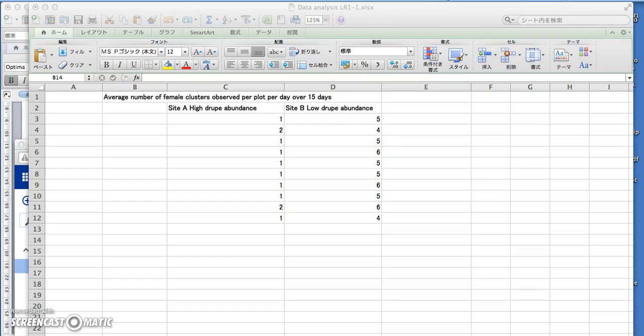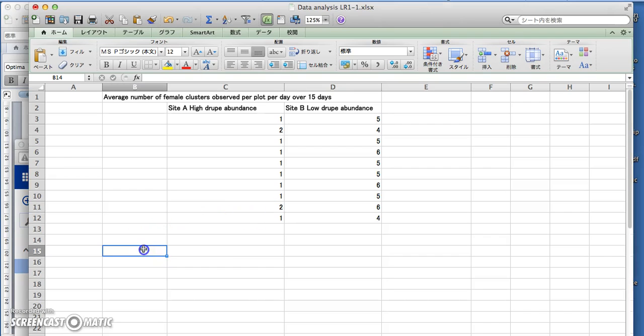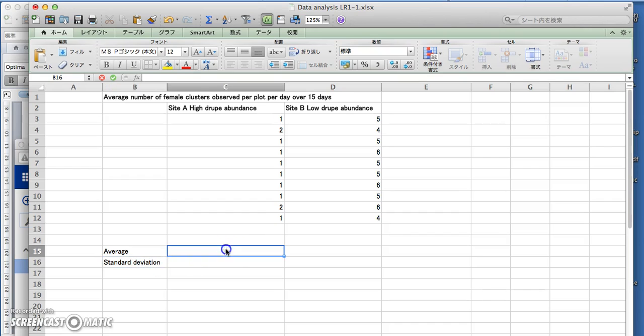Now we're going to learn how to make an error bar graph from the raw data that we've collected. We do not use these columns of data to make graphs. We convert them into averages and add standard deviation information. So the first thing we'll do is write the word average and then standard deviation. And then we're going to ask Excel to do these calculations for us, and I'm going to teach you how